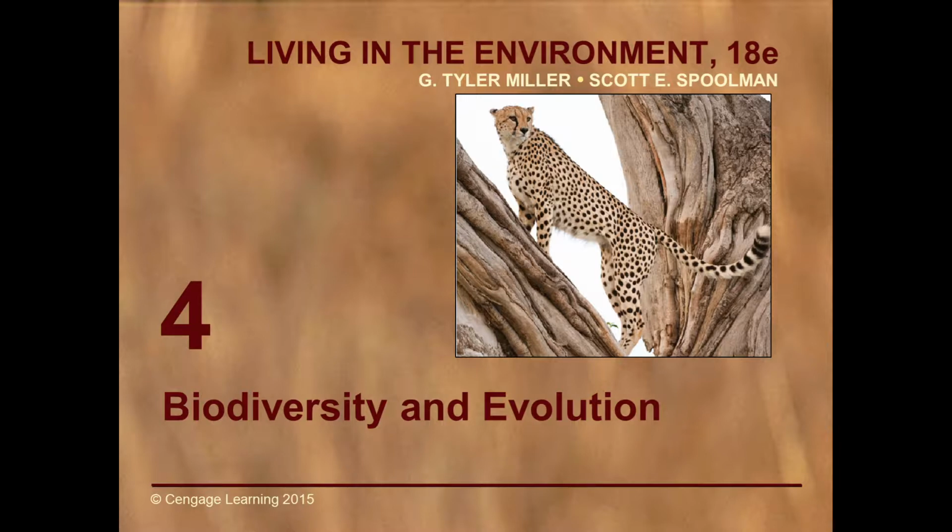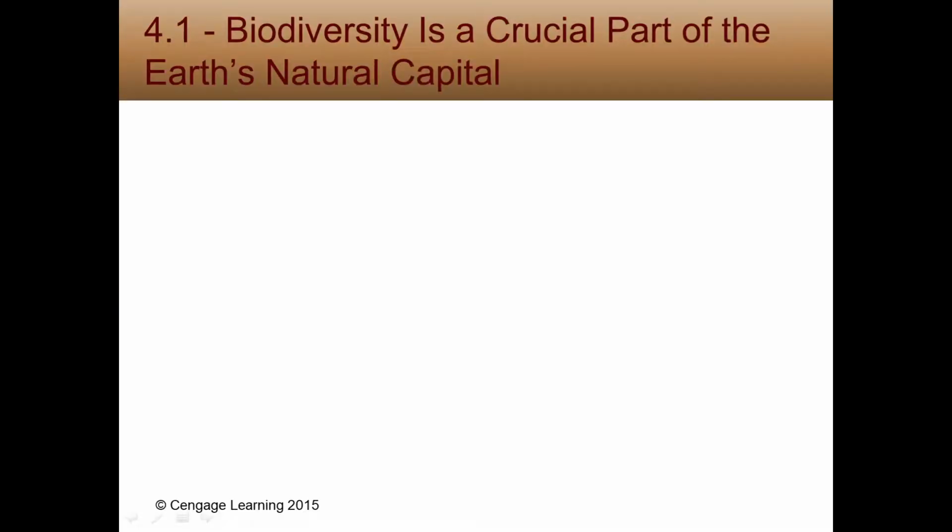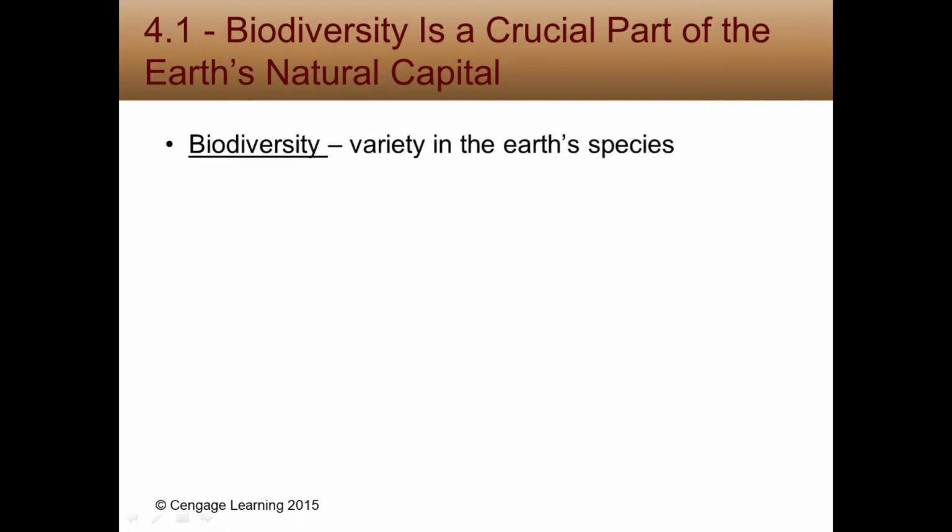So first of all, we need to talk about what biodiversity actually is. Okay, so if you think about it, bio means life, and diversity means variety. So you're literally talking about the variety of life, or the variety in the Earth's species. So we need to define what a species is then. Okay, so we answered number 1. You can cross out the second part of number 1 that says, why is it important?